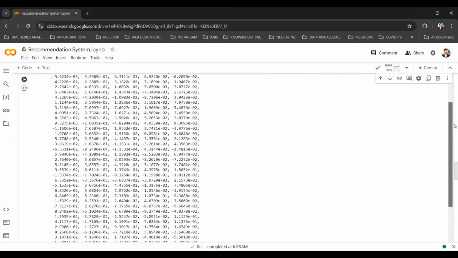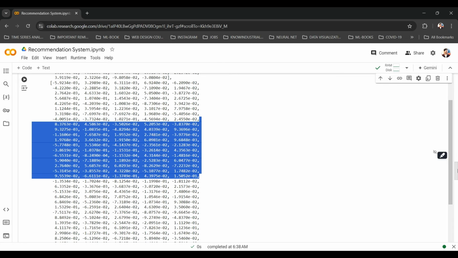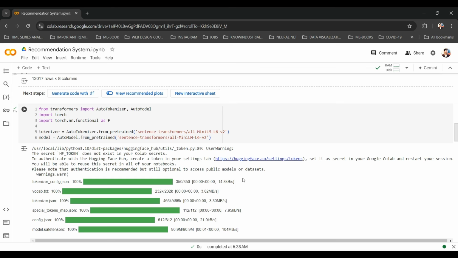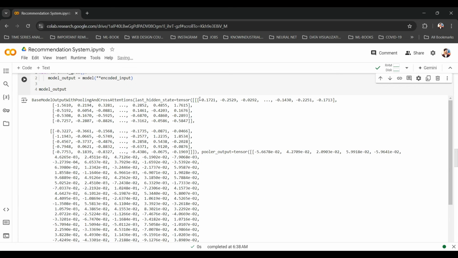What does that mean? It is the size of this one vector, 768. There are 768 numbers here, basically representing some kind of point in a higher dimensional space.